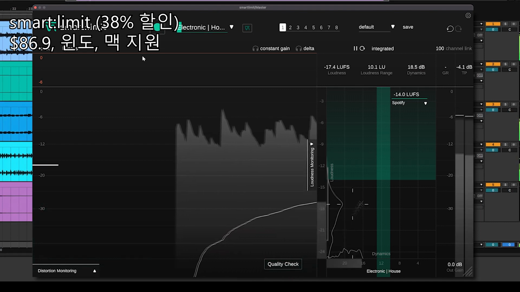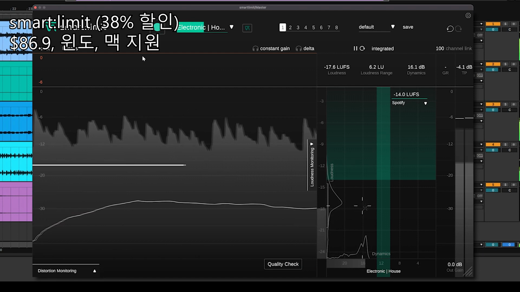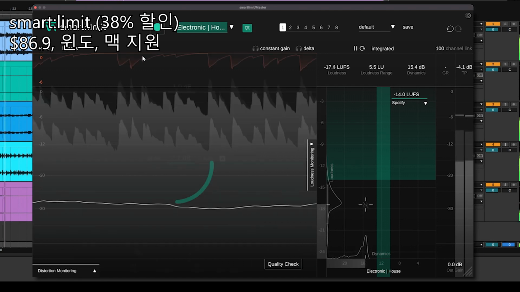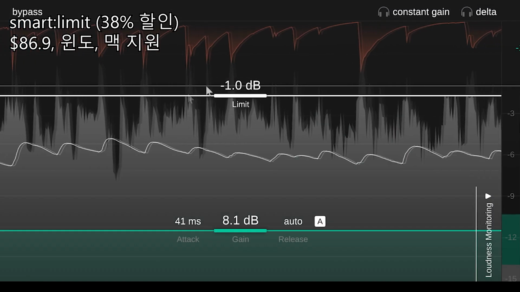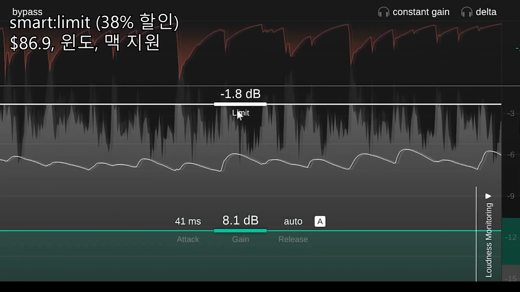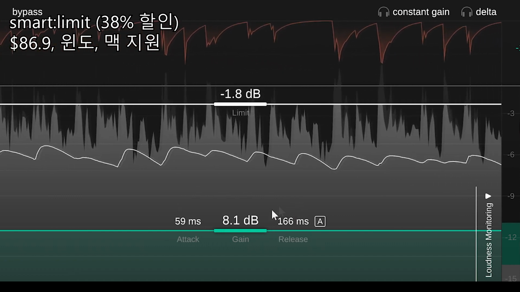After a few seconds, SmartLimit will be set up for my track, resulting in a cohesive yet transparent mix. Of course, you can change all the limiting parameters, including attack and release. As you make changes, SmartLimit's instant